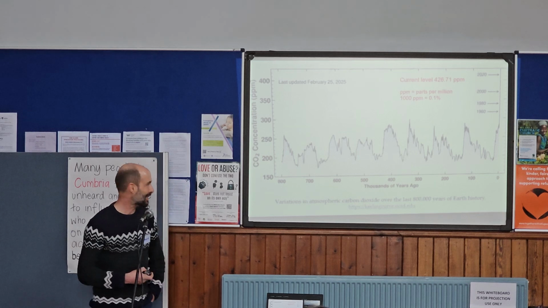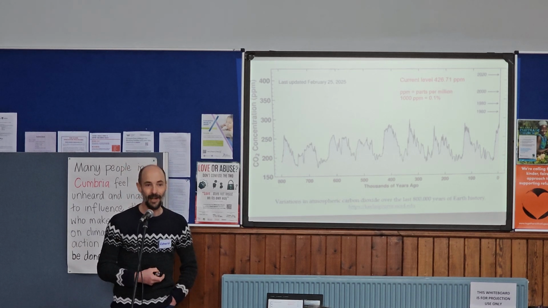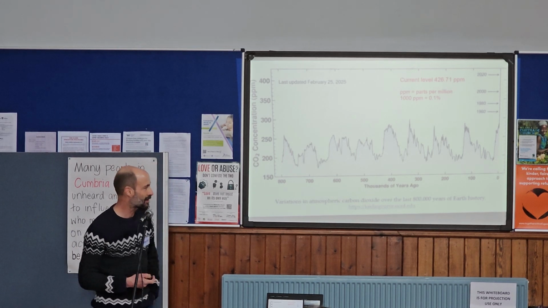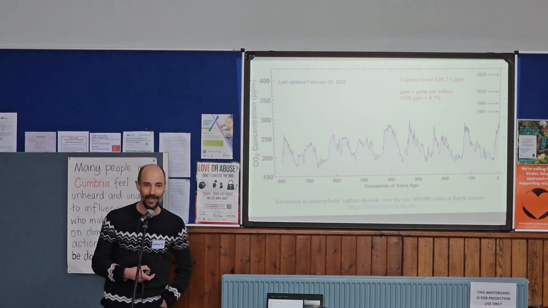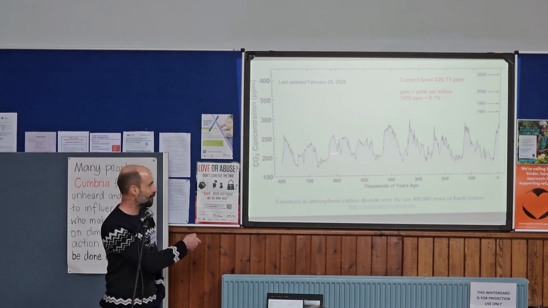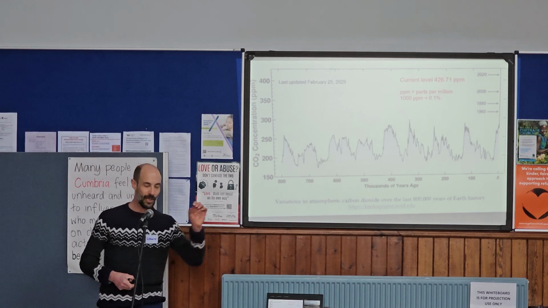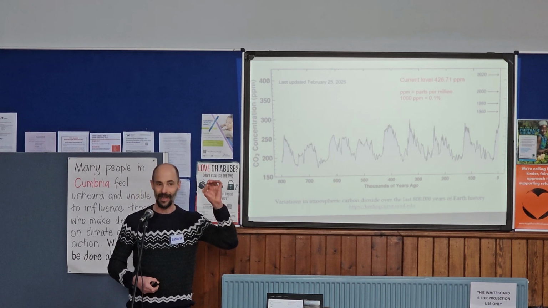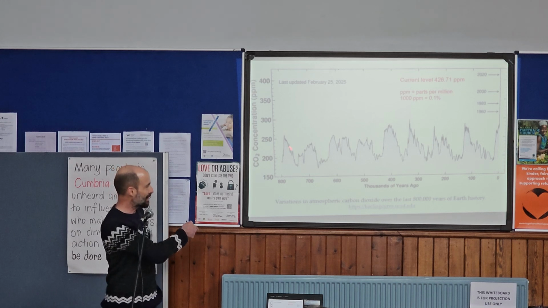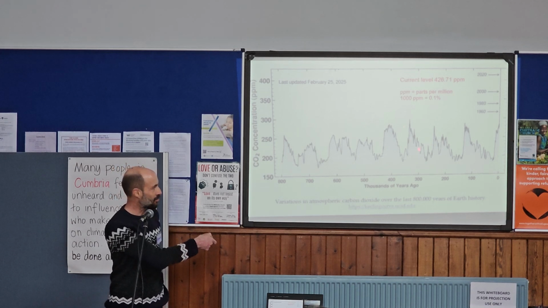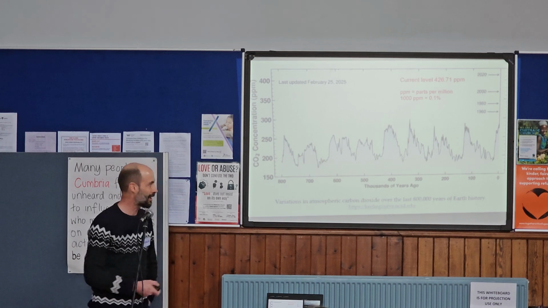And we see that in terms of the changes in carbon dioxide levels. These are showing carbon dioxide levels in the atmosphere over the last 800,000 years. We can extend it this far back because you can actually record the amount of carbon dioxide in bubbles in ice cores in Greenland and Antarctica. And you can see these natural fluctuations which have taken place through the glaciations that we've had in recent Earth history.